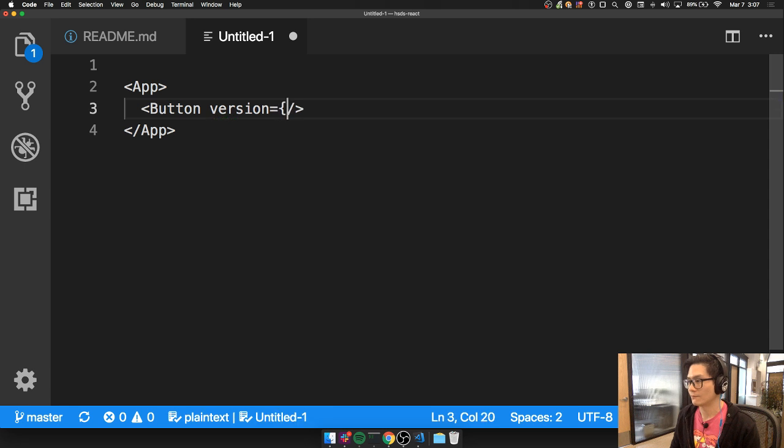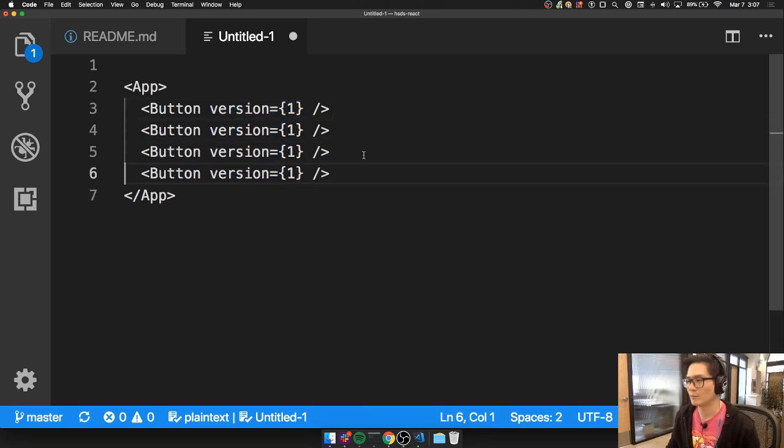Sure, the version. So by default, the button is version 1. So I'm just going to expose that. So I have a bunch of version 1 buttons throughout my application. But if I need to update all of my buttons to use version 2,